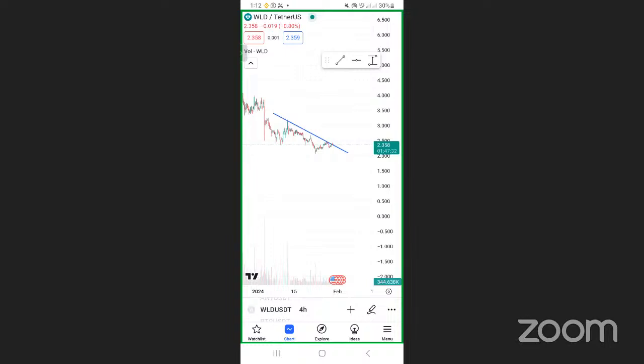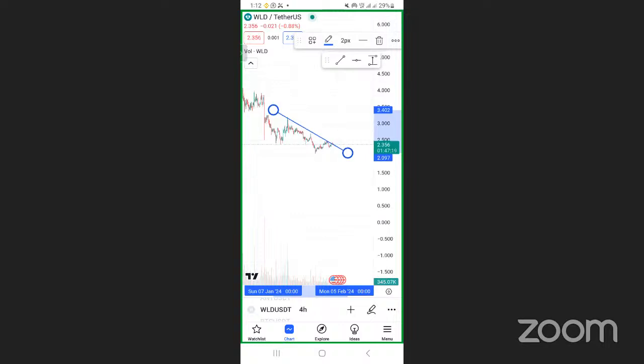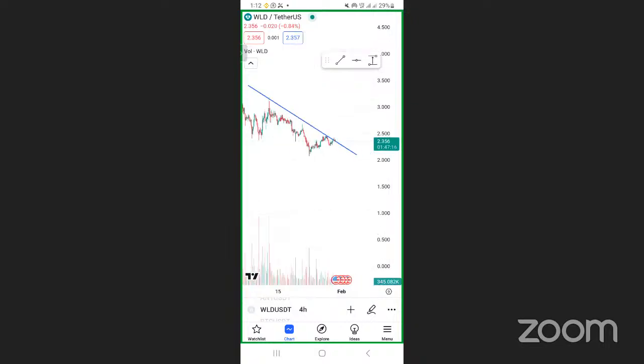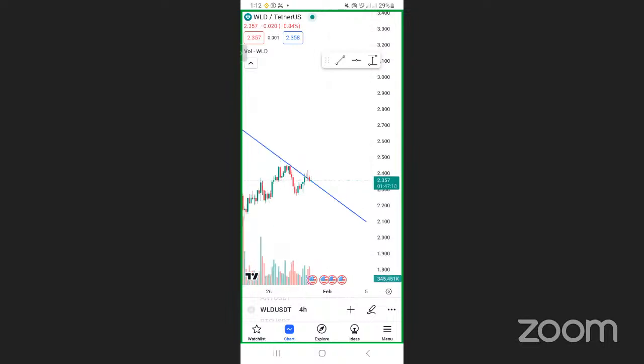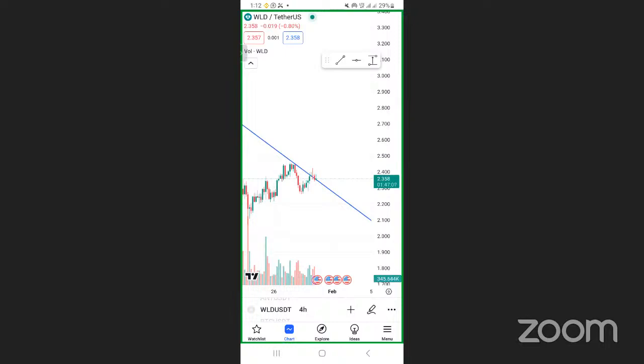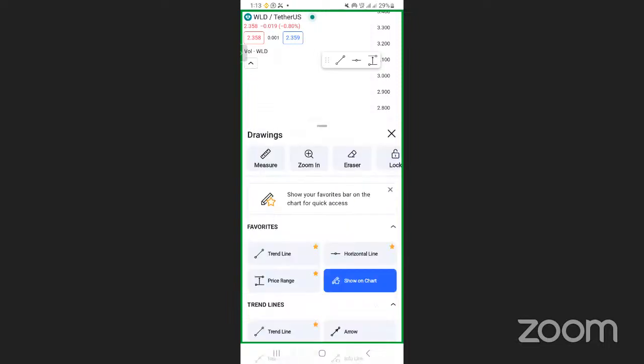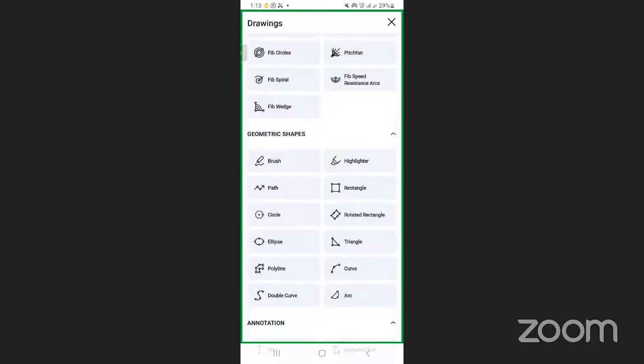Okay. So at this point, if you realize that the coin is going down, please first of all avoid entering it until you confirm that, like, we get a 1 hour close or 4 hours close beyond this line, are you seeing? Beyond our line, and then we get a stronger candle showing us that we are going up, then